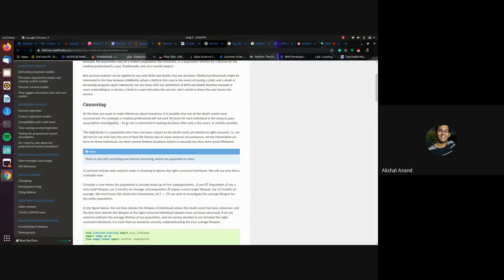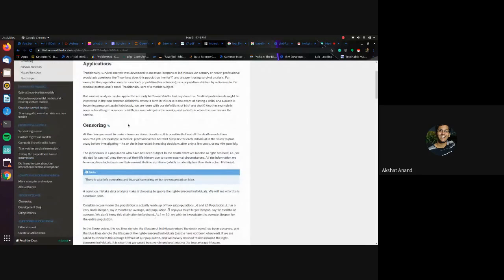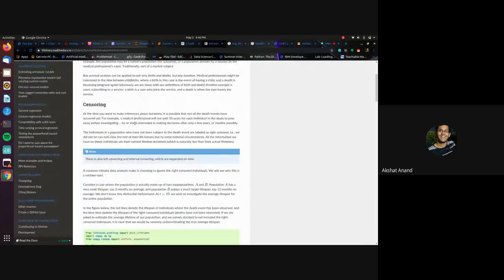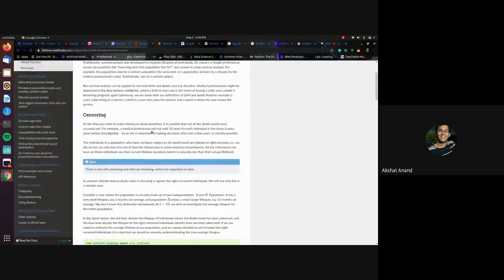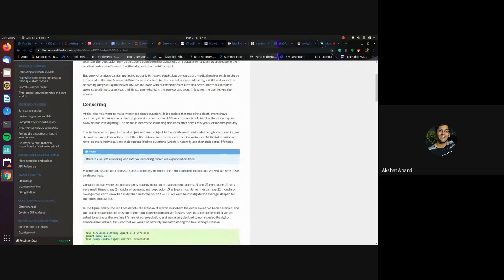For example, we are calculating the average age for an individual, but for a particular period of time, a medical professional will not wait 50 years for each individual to study. We can't wait for it. So we study for a particular period of time. In that period of time we calculate the survival analysis,